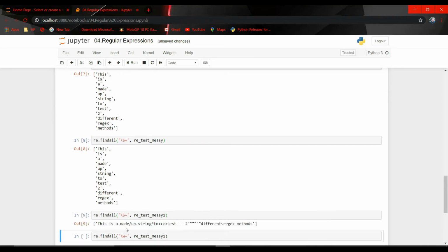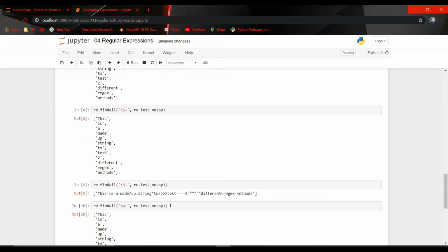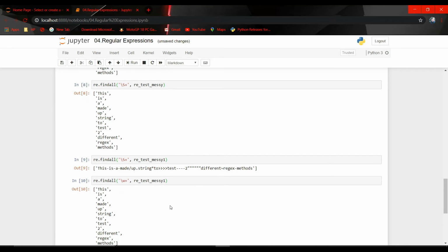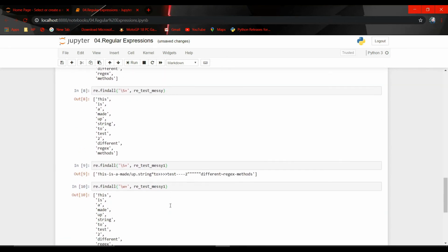So guys, to split this string, we can use \w+ because we want wherever there are words, numbers or underscore, and not the special characters. So guys, let's try this. Yes, \w+ will find all lowercase or uppercase alphabets, numbers or underscore, and return the list, guys. So this was the same procedure using the find all method. I hope you got a brief introduction about the split and find all methods.